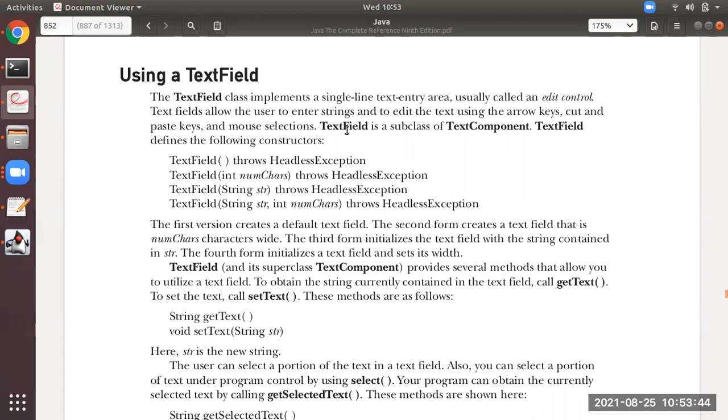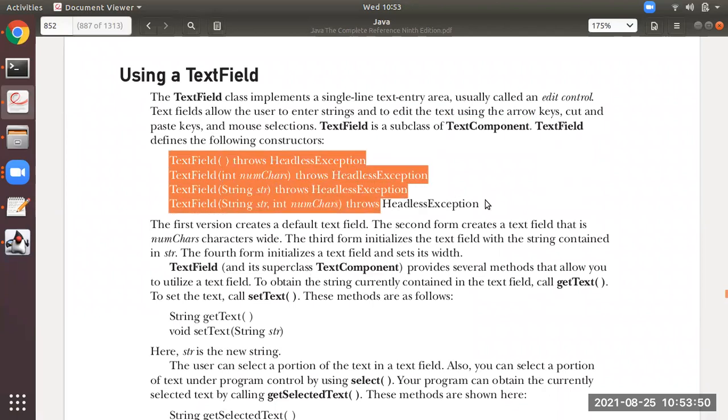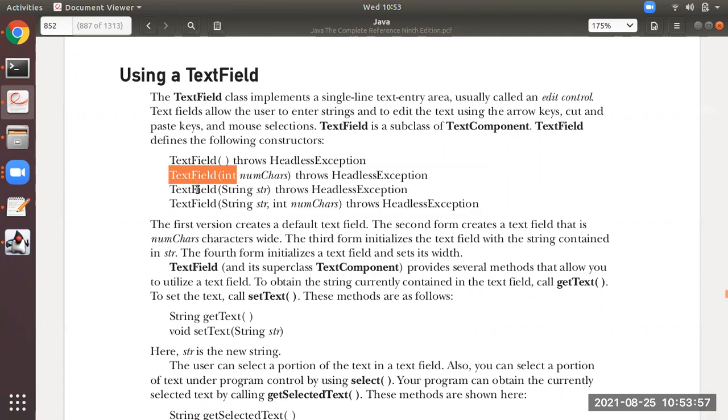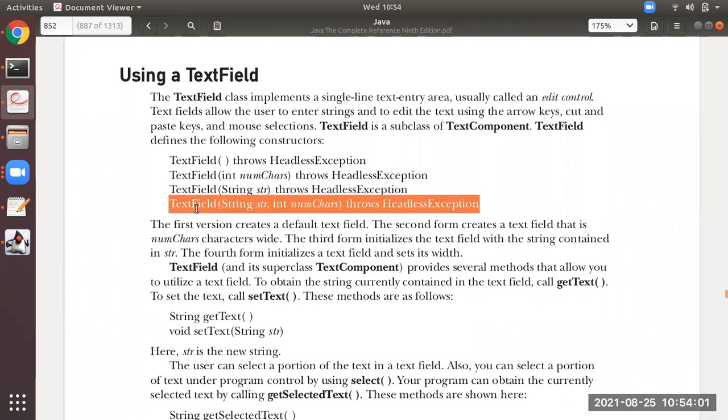We have selected no. So text field is a subclass of text component. Text field again has got constructors. These are the constructors. Four constructors. Text field without parameter, with parameter. The second one is numChars. Third one is with string. Fourth one is with both the parameters, string and integer variable. Okay.